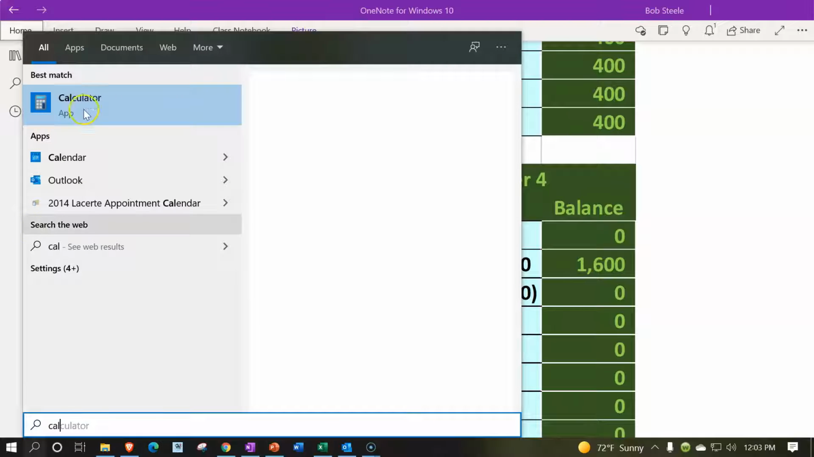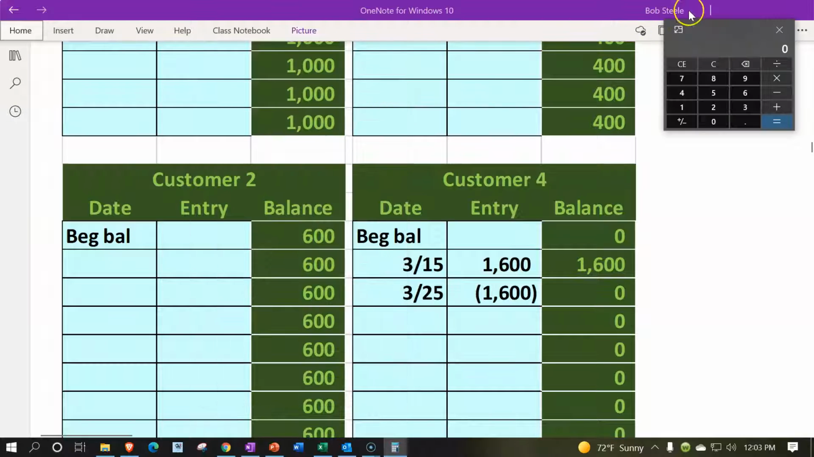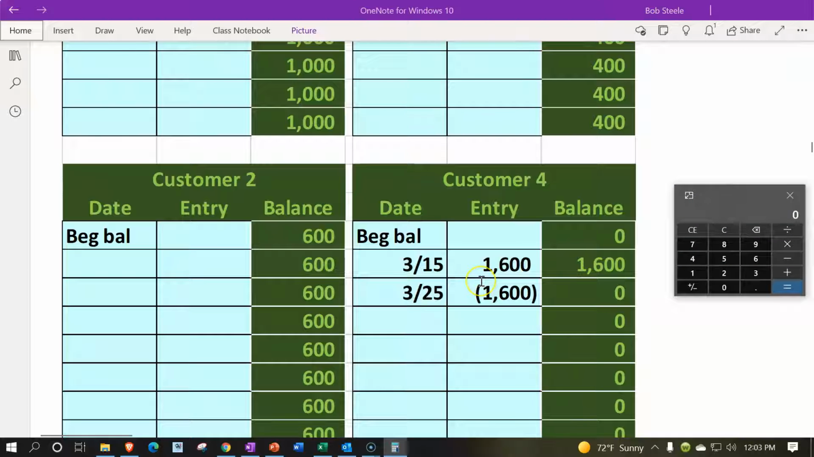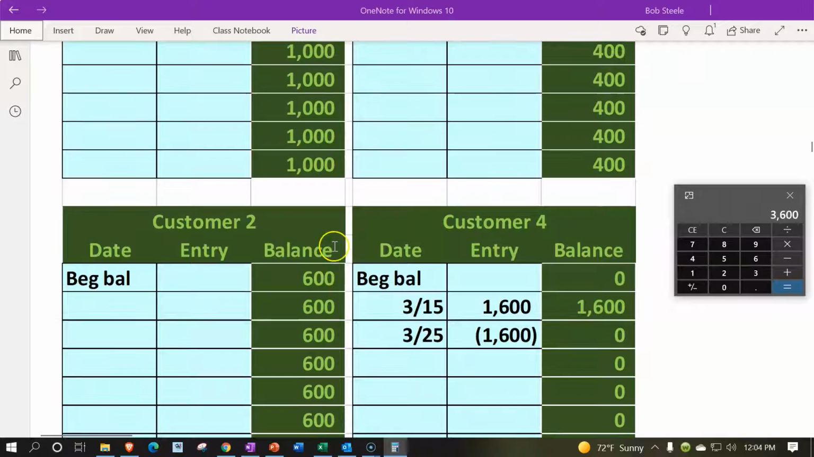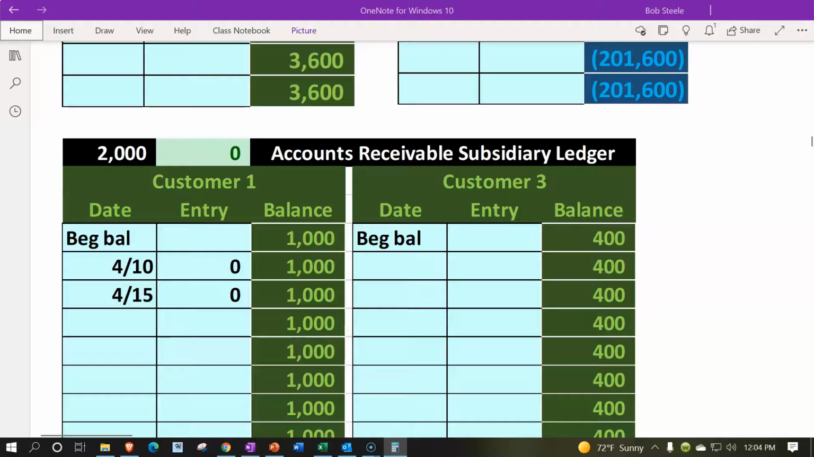Let's pull out the trusty calculator just to double check this calculation. We're going to assume this second one hasn't yet happened. So the accounts receivable should be the 1,600 plus the 600 plus the 400 plus the 1,000 for the subsidiary ledger, 3,600 instead of the 2,000, to get to this 3,600 up top. So then